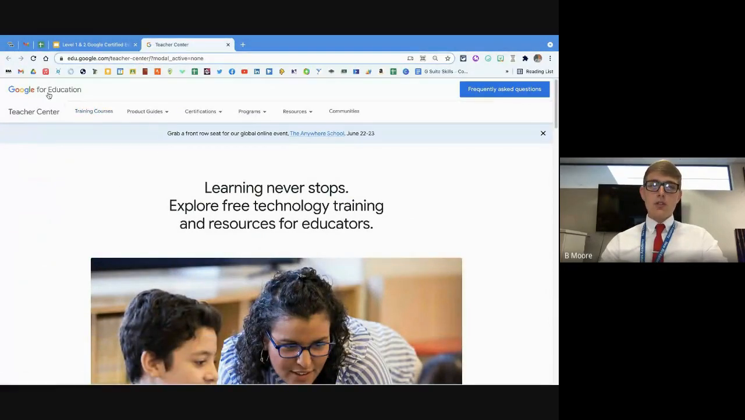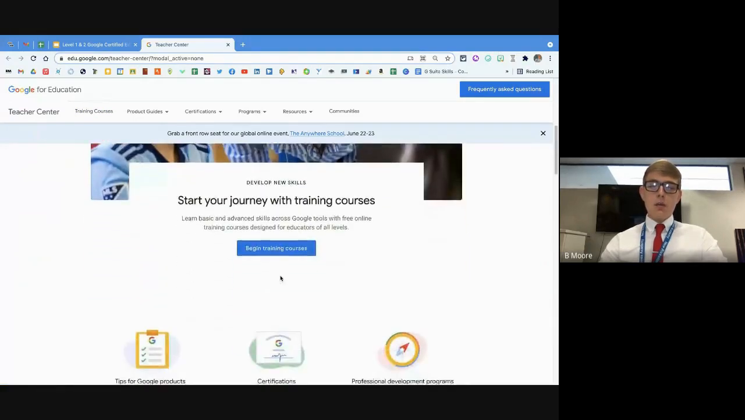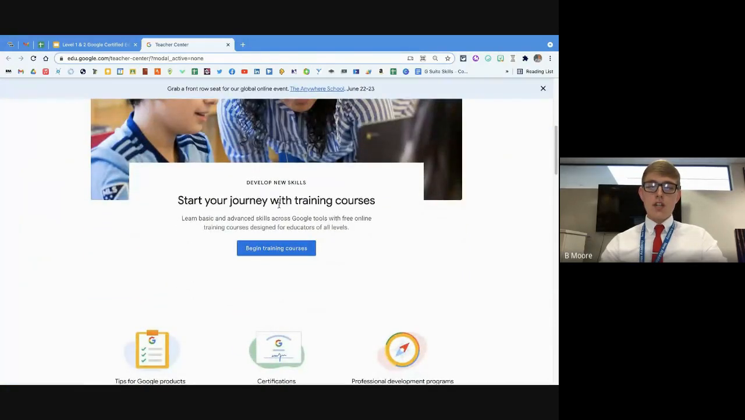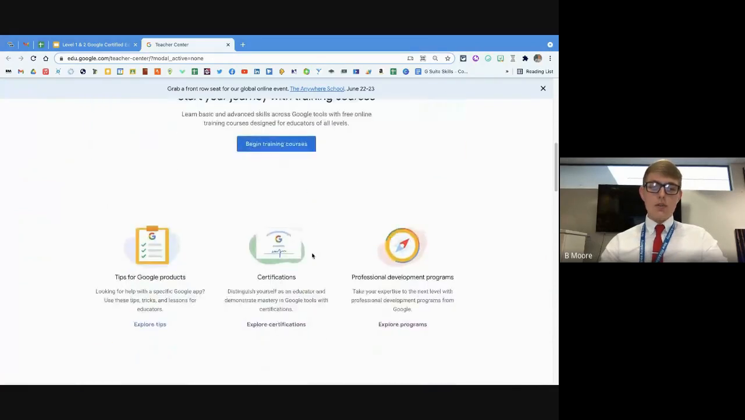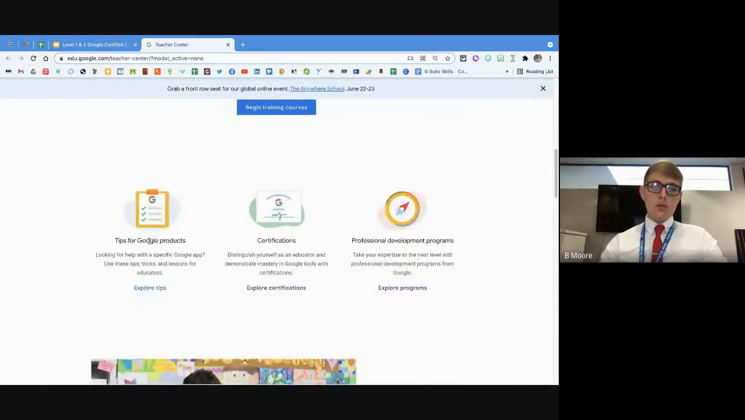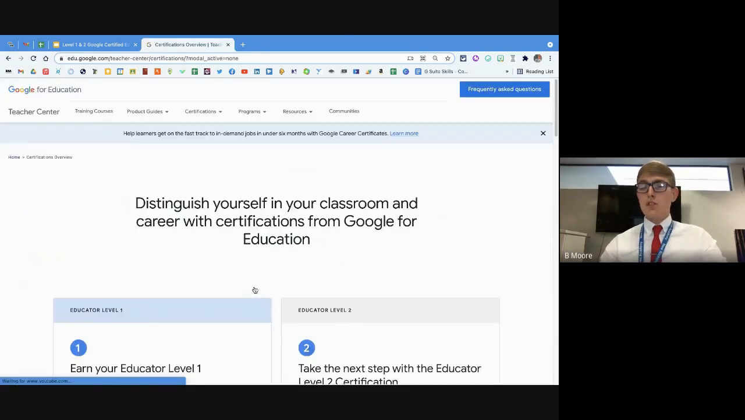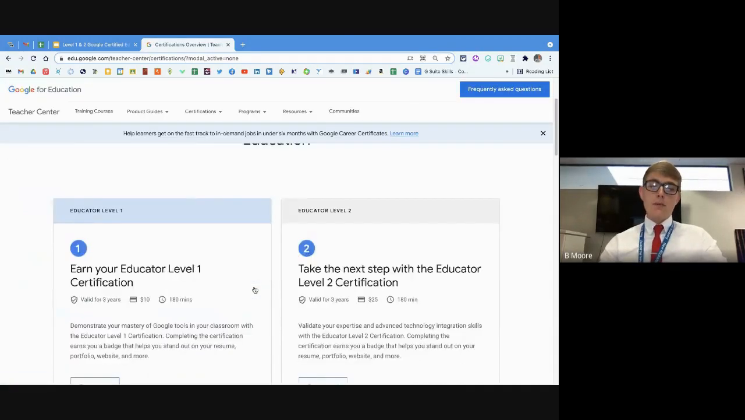So it'll take you to the Google for Education official teacher training center. And what you'll see down here, it says start your journey with training courses. Now, you've got some tips for Google products, certifications, and professional development. We're going to go with certifications here. So if you click explore certifications, and feel free to do this alongside me if you'd like, you'll see you